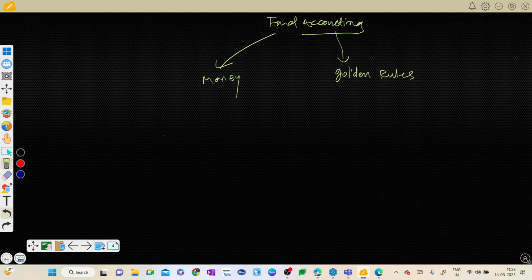When we say fund accounting, see, in this combined word itself, one word says accounting and the other word says fund. Fund means money, and accounting means your golden rules, concepts,